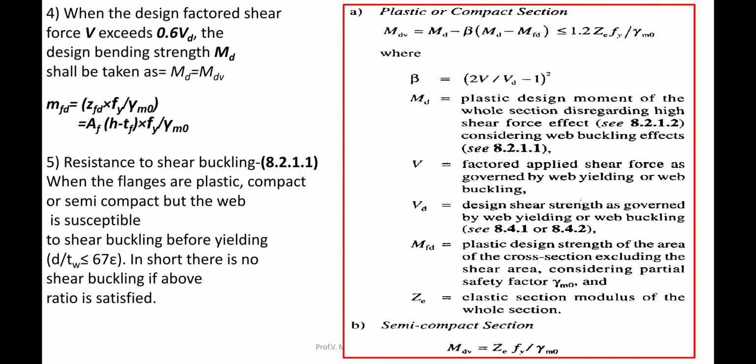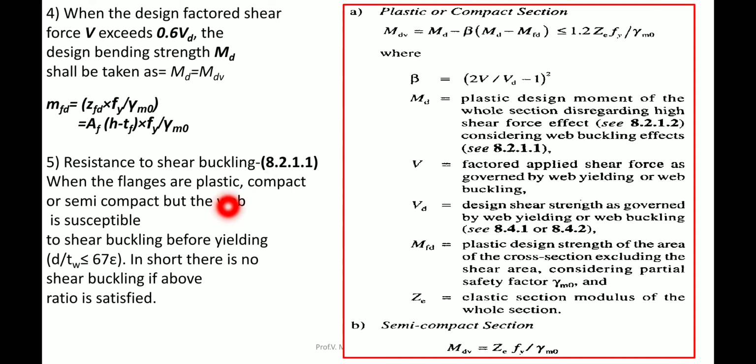Fourth design step: when the factored design shear force V exceeds 0.6 times Vd, the design bending strength Md shall be taken as Md equal to Mdv. So Mfd is equal to Zfd into Fy divided by gamma m0, which is also equal to Af into (H minus Tf) into Fy divided by gamma m0. Coming to the next point, resistance to shear buckling as per clause number 8.2.1.1, when the